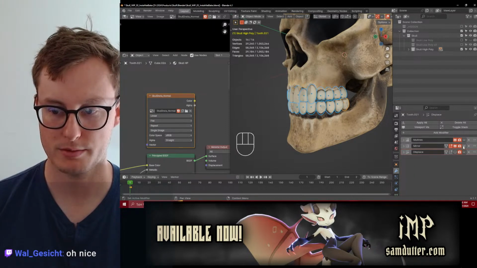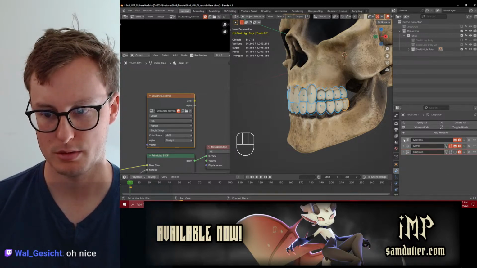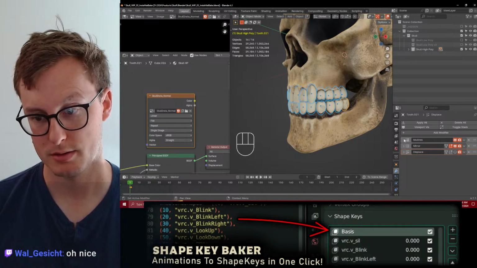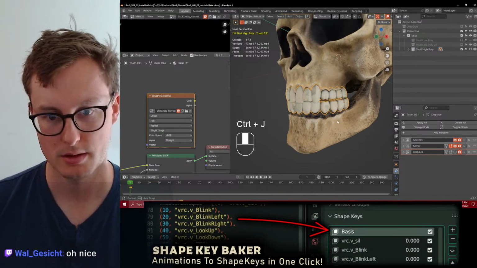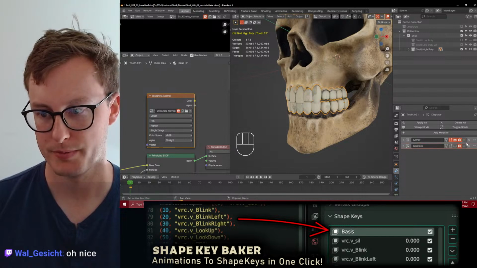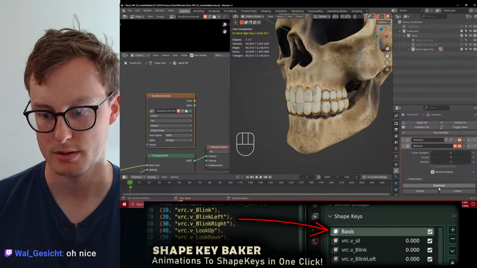Can I apply this first? I don't think so. I think I have to apply the multi-res. Yeah, so we'll apply the multi-res. All right, let's combine all these. Apply the multi-res. Apply the mirror.